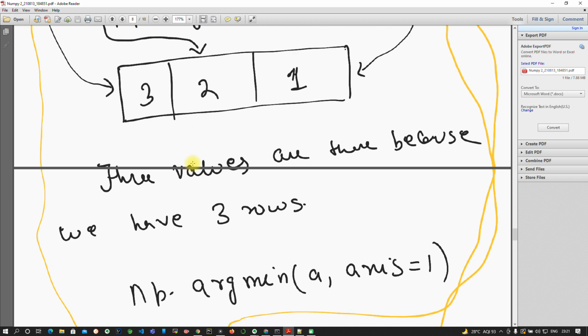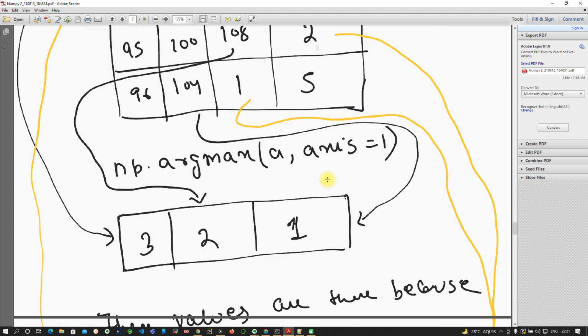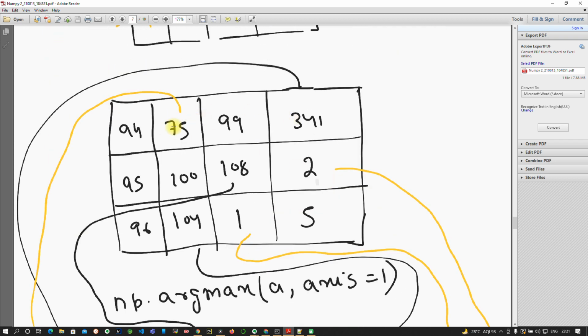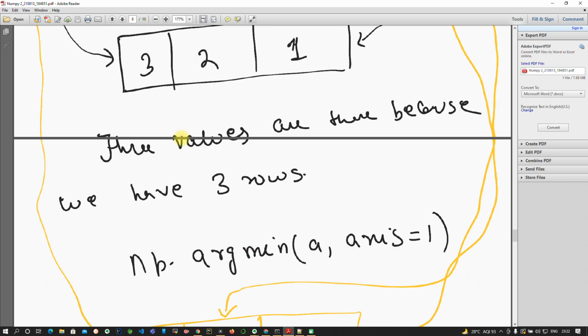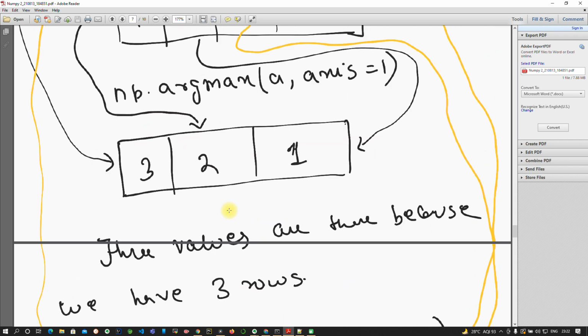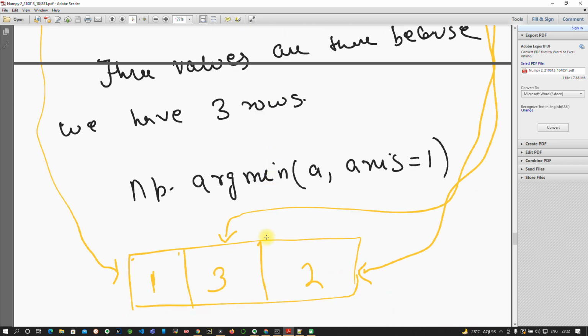Similarly, if I do np.argmin and pass axis equal to 1, what will be the minimum element? In the first row 75 is the minimum element, so 0 and 1, 1 is the respective index, so you will be getting 1. In the second row 2 is the minimum element, so 0 1 2 3, so you will be getting 3.